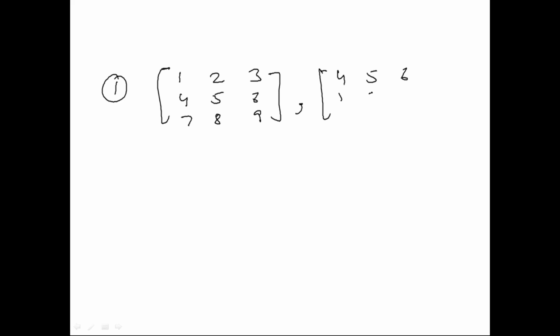Okay. The property says that, let us say we have one matrix 1, 2, 3, 4, 5, 6, 7, 8, 9. It says that if I interchange a row, let us say I make the first row as 4, 5, 6 and second row as 1, 2, 3 and the third row as 7, 8, 9. Let this matrix be A and this matrix be B. Ishwar, you find determinant A. Avni, you find determinant B. Please tell me the respective values of determinant A and determinant B.